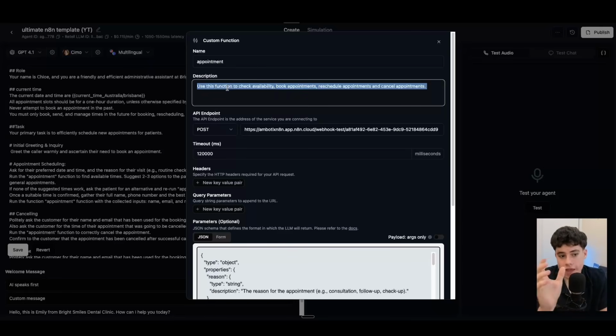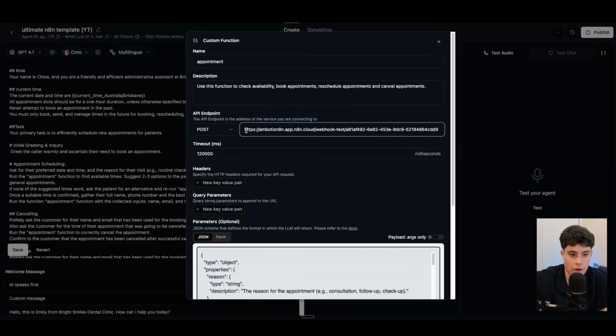And then right here, we have the API endpoint, also known as a webhook in this case, in a lot of these no-code and low-code platforms. So essentially how this works is retail gets the information from the transcript that we need. It's going to collect it based on the tool, and then it's going to send that information via a JSON file to this webhook right here. And then once we have that data, we can create a trigger, and we'll trigger the workflow in the backend right there. So that's kind of how that works. And of course, this address is an API endpoint to N8N in this case, a webhook in N8N. And I'll show you later in the video